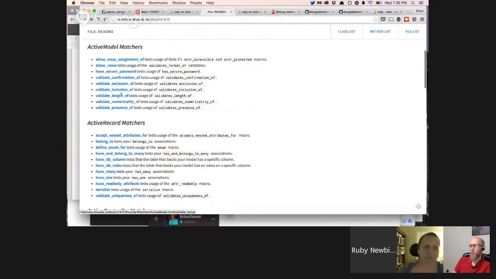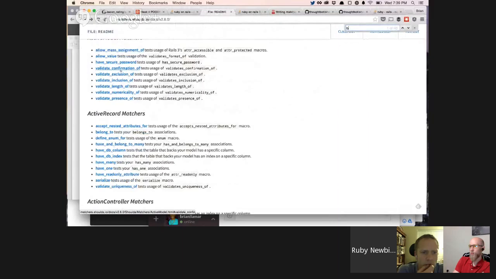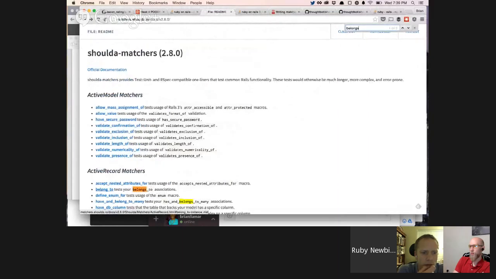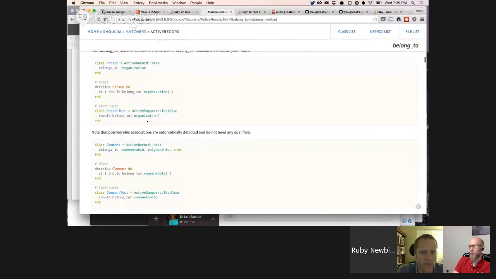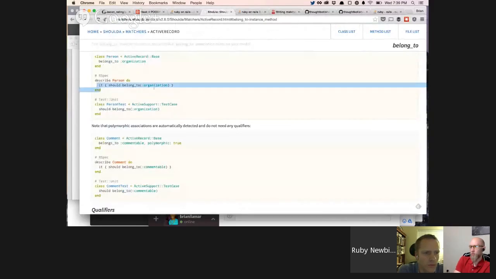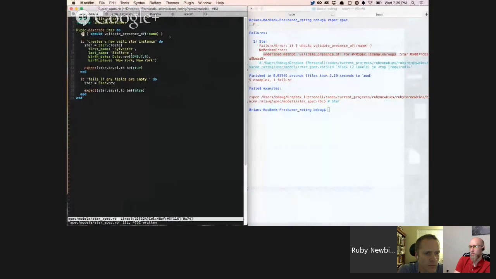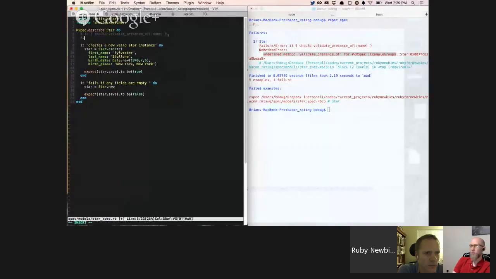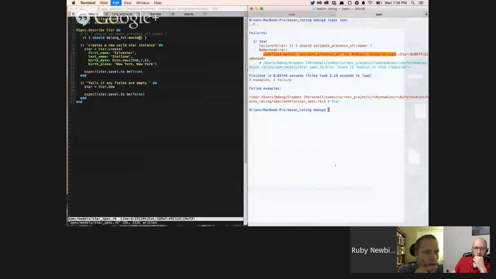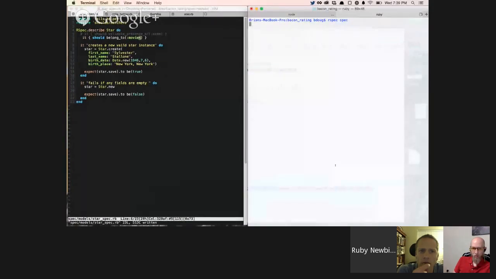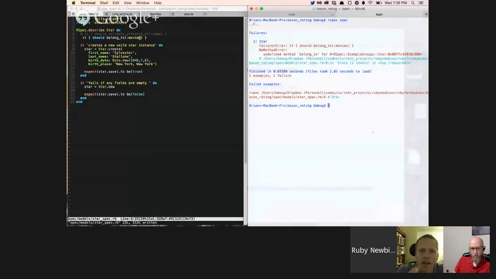So if we wanted to do a TDD version of this, describe person, it should belong to movies. It already knows what a star is since we're in that object. So that should fail, and if I belong to,